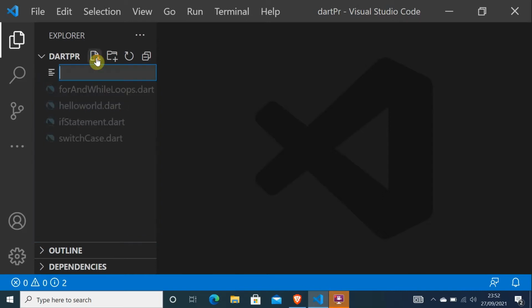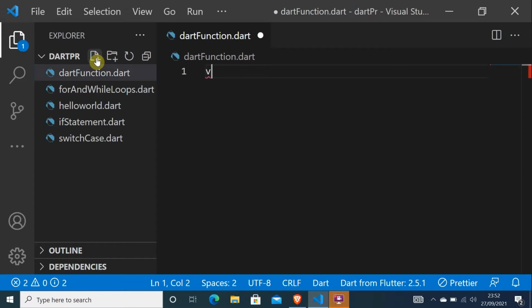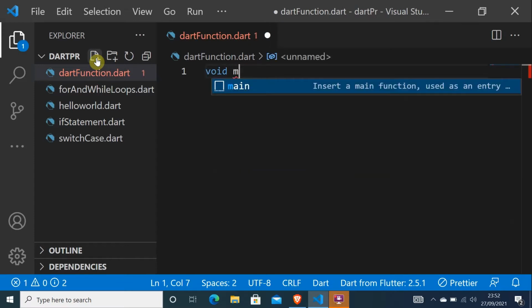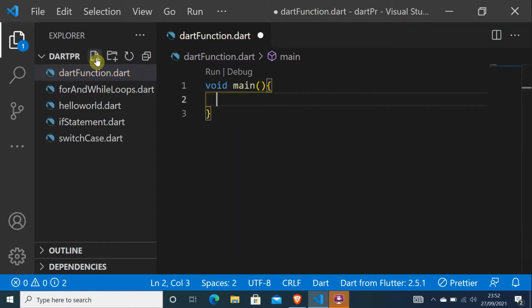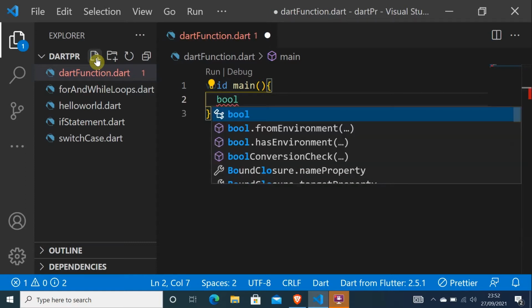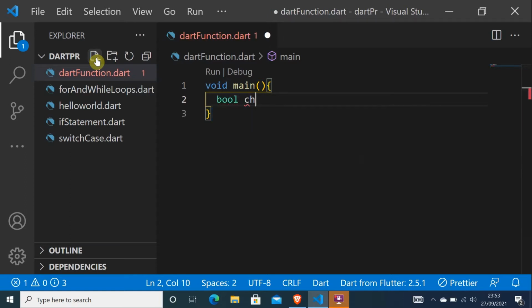So let's create a new file and call it function.dart, and let me do void main, and let me start by creating our first function, checkEven. We are going to check if a number is even, and a value,